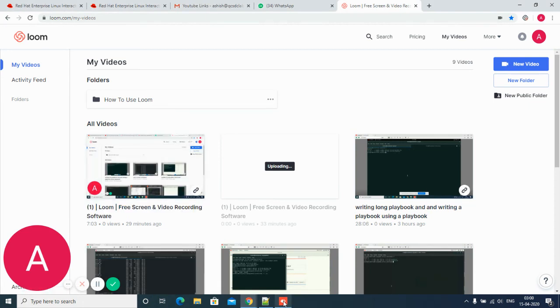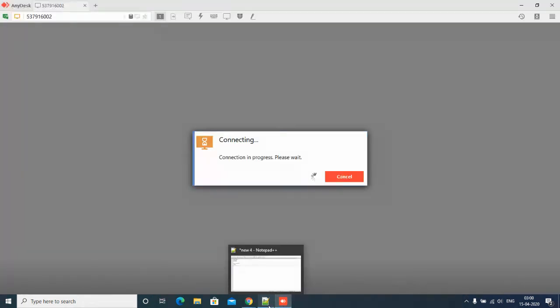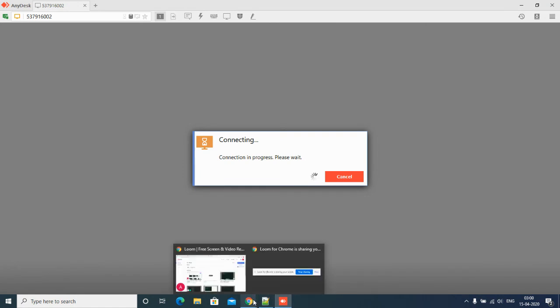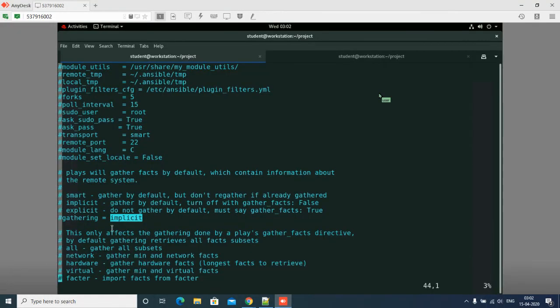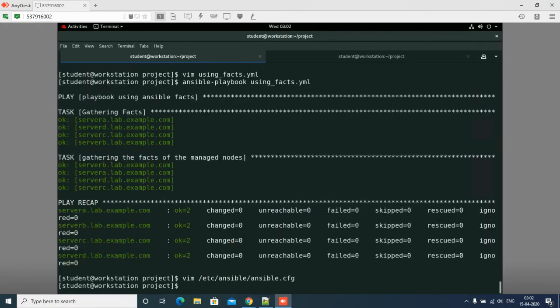Now I'm again getting some network connectivity issue. So now I am going to define this parameter inside my configuration file. I will come out of this configuration file. I will say vim ansible.cfg.